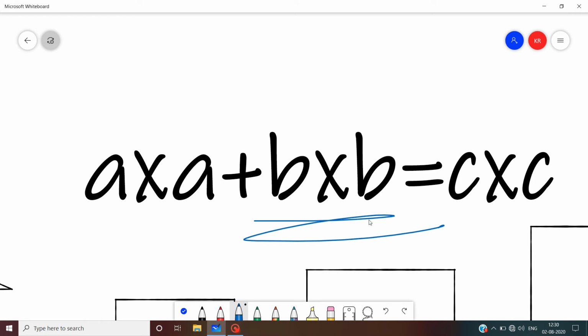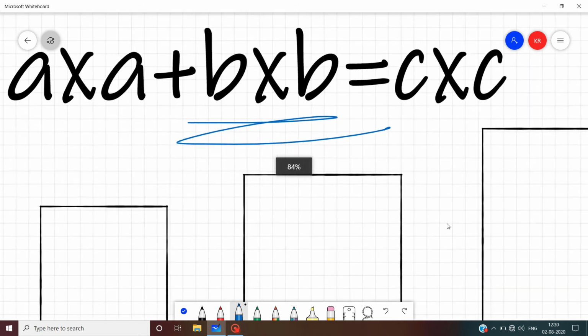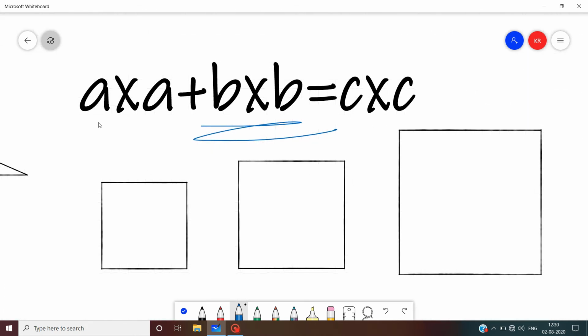So we know from our childhood we have learned the basic formula: a square plus b square is equal to c square. That means opposite side square plus adjacent side square is equal to hypotenuse square. We can read it in a different way. Let's see. a into a, that means a square, right? So it may be a side length of a for a square. b into b, a side length of b for a square. c into c, similarly. So we can read it: when two areas of squares are added, the result will be a square area, that means one which is bigger than the two squares.